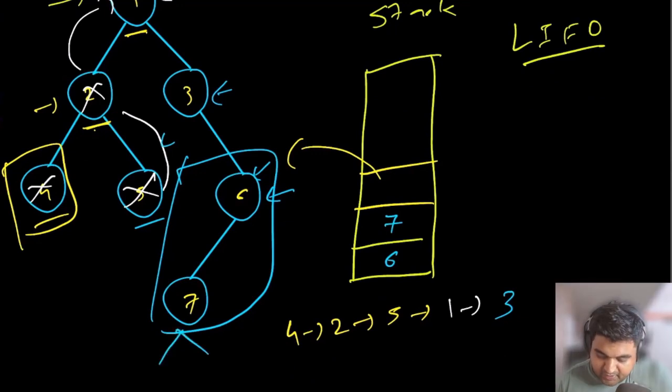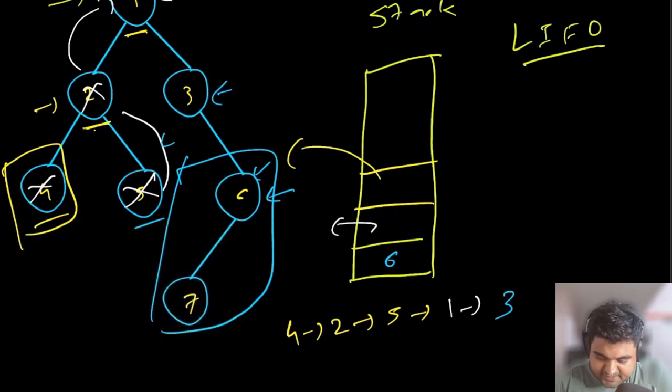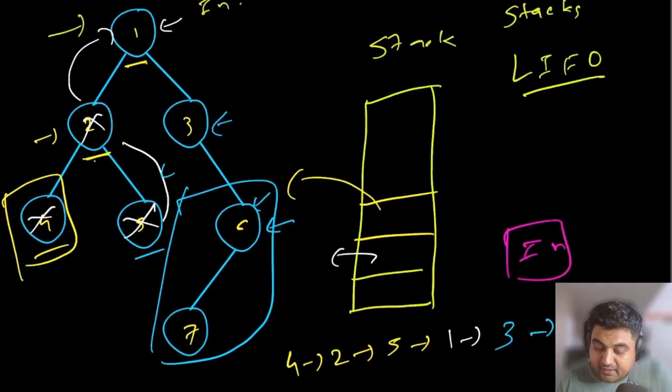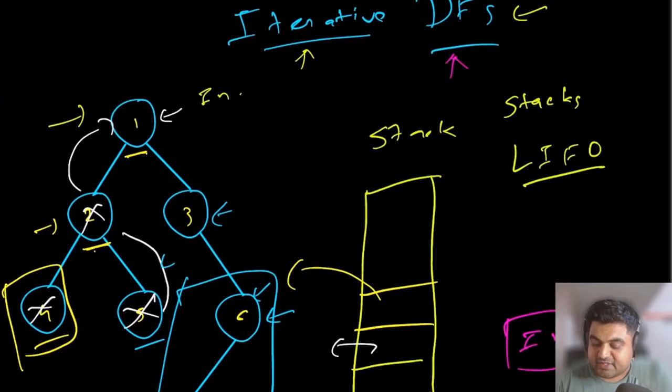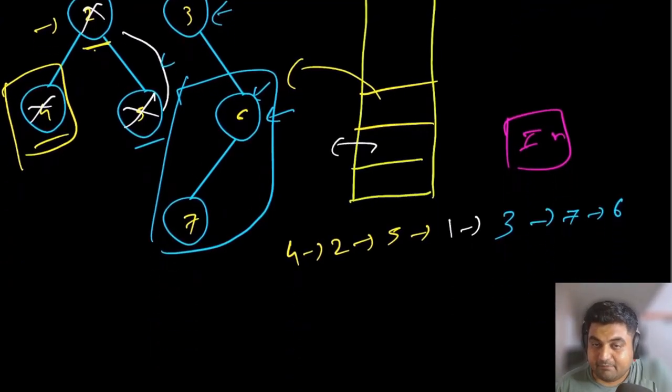Node number 7 does not have any more children, so that is a terminating case. So we are going to pop node number 7 out. And after popping node number 7, we would be able to pop node number 6, and then we would be done with our iteration. And this is how in order traversal is going to work using an iterative method for depth first search. Basically we are using a stack to keep track of the nodes that we already entered, and that is going to allow us to implement our backtrack much more efficiently, and we would be able to solve this problem.